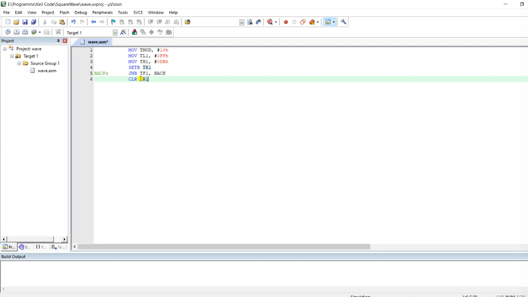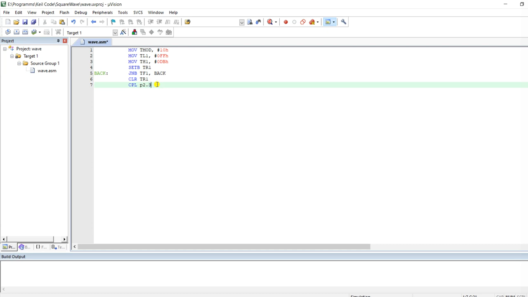Now we have to complement the port where we are using the value. CPL stands for complement. We have to complement port 2.3. So I have written here CPL P2.3. After clearing, the timer has stopped and we have complemented port 2.3.